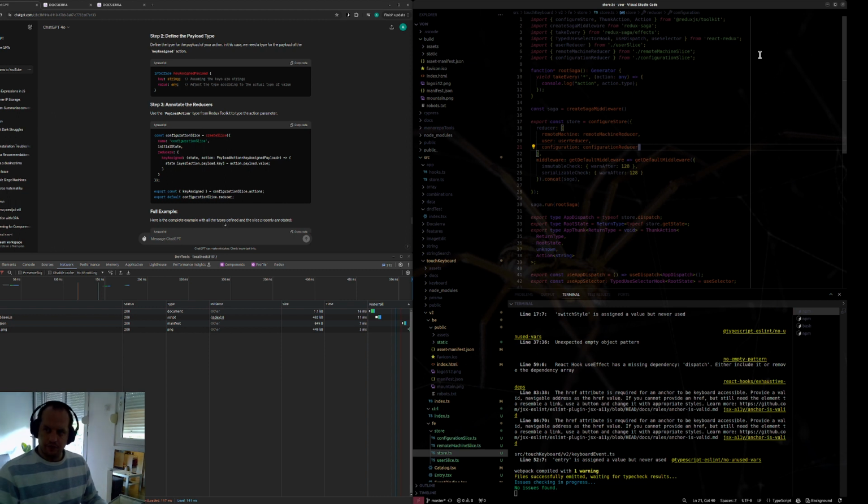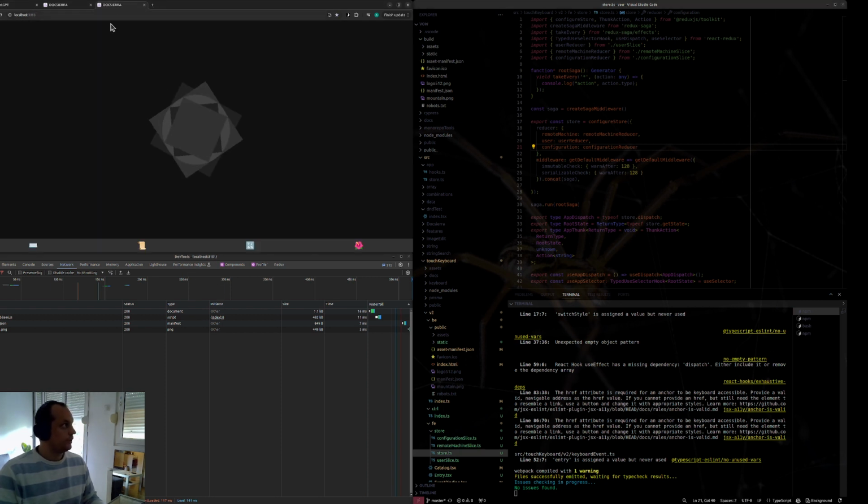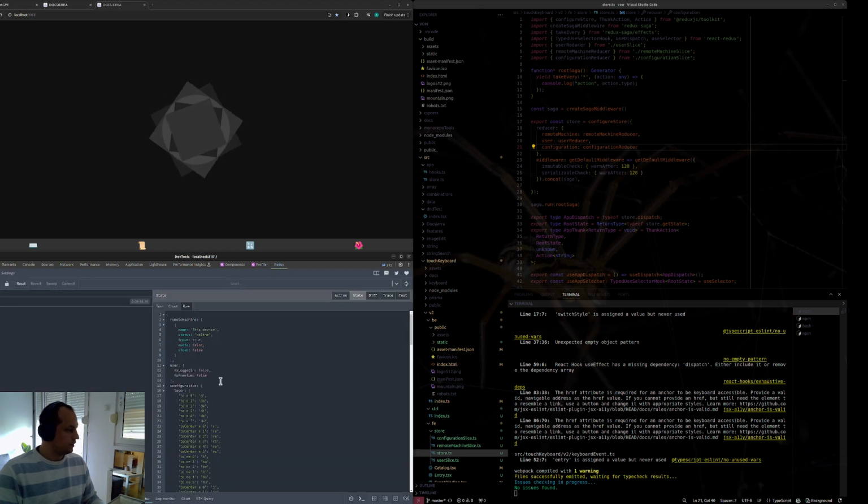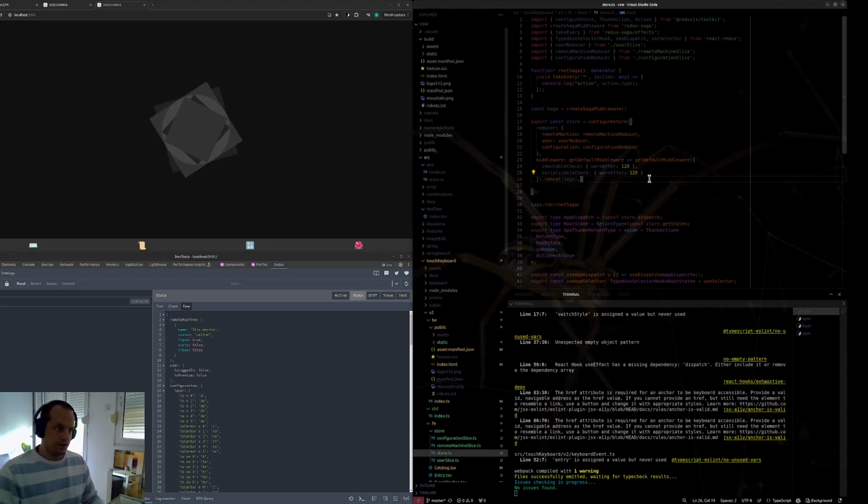So now we have our layer in Redux, and now if we go to the new app and reload it and go to Redux and check, there it is. So we have our configuration. All right, now we can change,